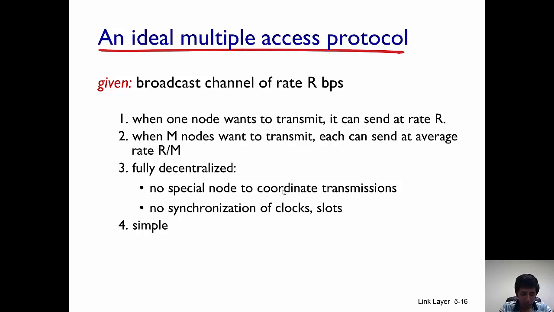Okay, so let's first talk about an ideal multiple access protocol. Say a broadcast channel has R bits per second, that's the rate of the broadcast channel. If there are M users who want to use the channel, the maximum that on average every user can get is R over M, because let's assume that every user has something to transmit. So every user is given access to the channel for some length of time, and then the user transmits over that channel, and then other users take turns. On average, every user gets R over M.